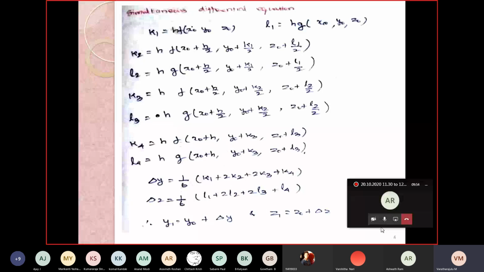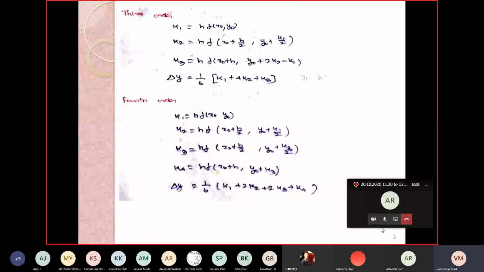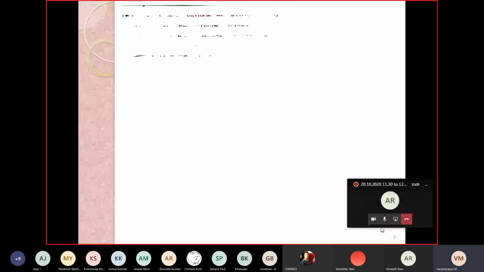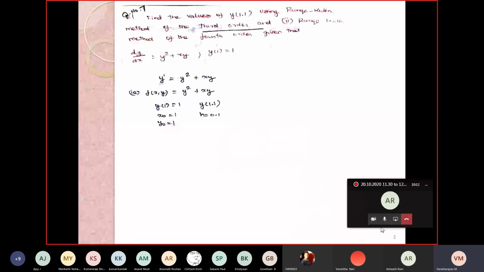If we have x, y, z, then we need to depend on a different formula than the one we have seen in the past slide. And we have solved one problem in the Runge Kutta method, and this